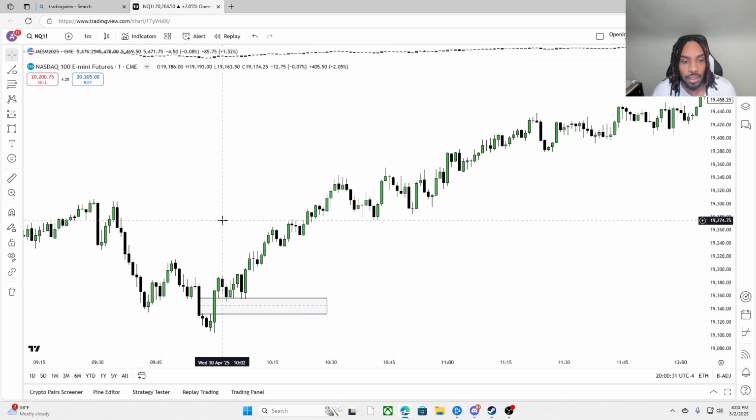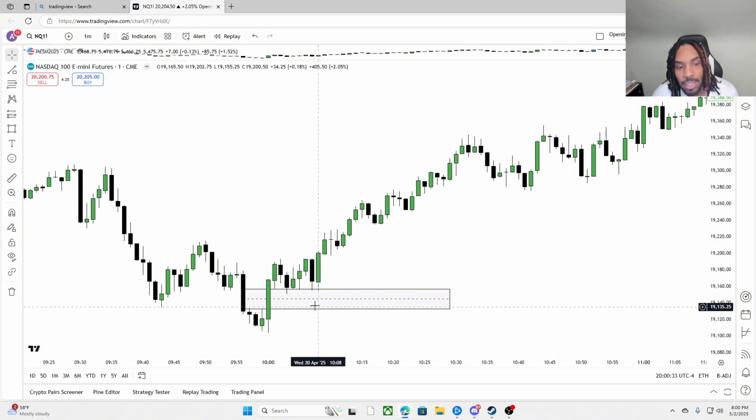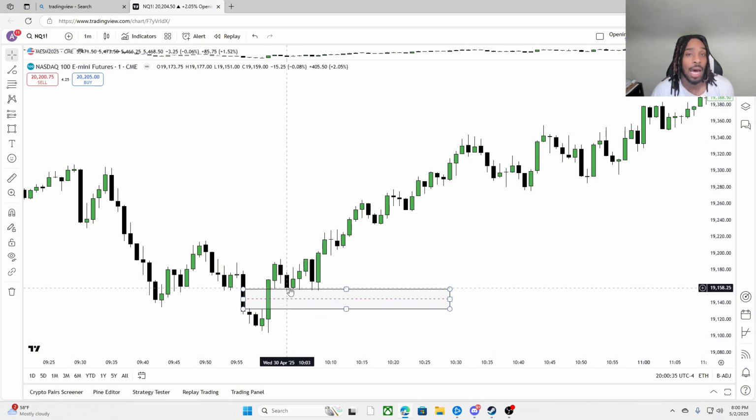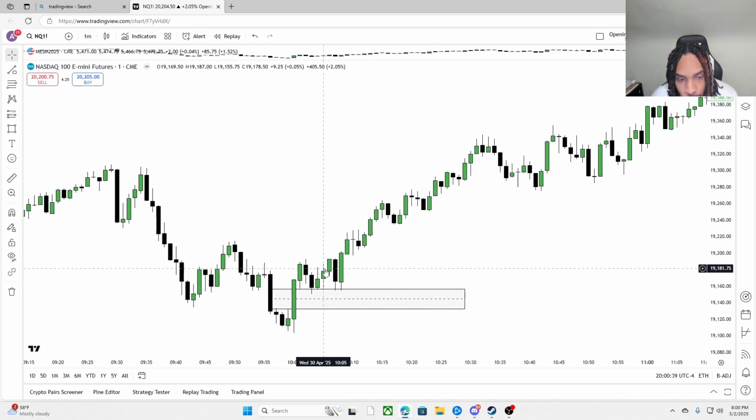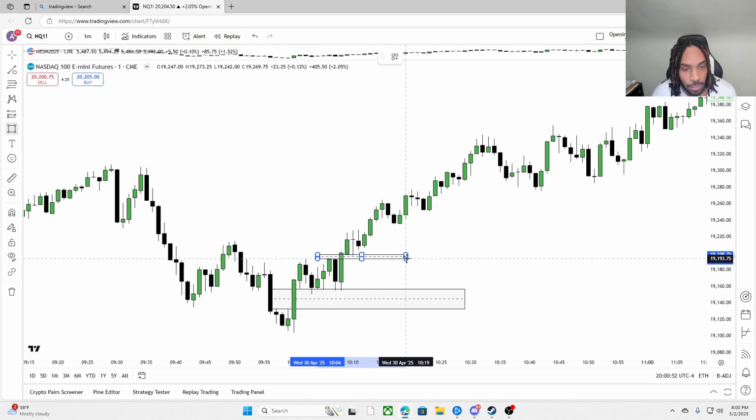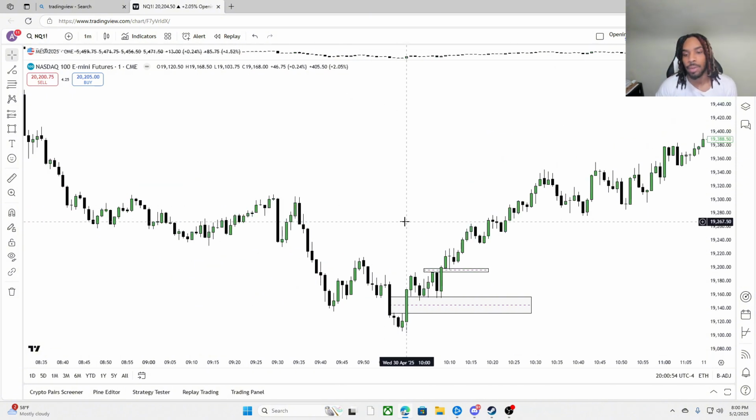I'm going to delete that daily fair value gap. So we created a buy-side fair value gap down here. I bought it, I longed this fair value gap, and so boom, we traded into it. We stayed in the upper half, which is very, very nice. That tells us that price is very bullish. We traded higher, we have another fair value gap. None of these fair value gaps is better than the other, bro.